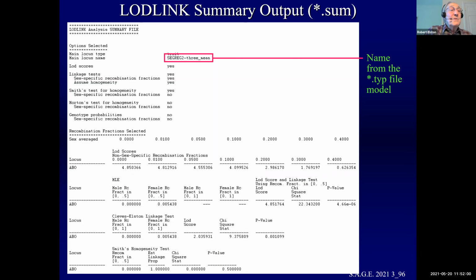And you will see for the ABO locus, you do various tests, and then you can get various p-values, chi-square tests, and what have you. And for Smith's homogeneity test, we end up with a p-value of 0.5. That doesn't seem right. I think there's a little bit missing at the bottom underneath that. But anyway, you get all this detailed output, and we shall talk much more about